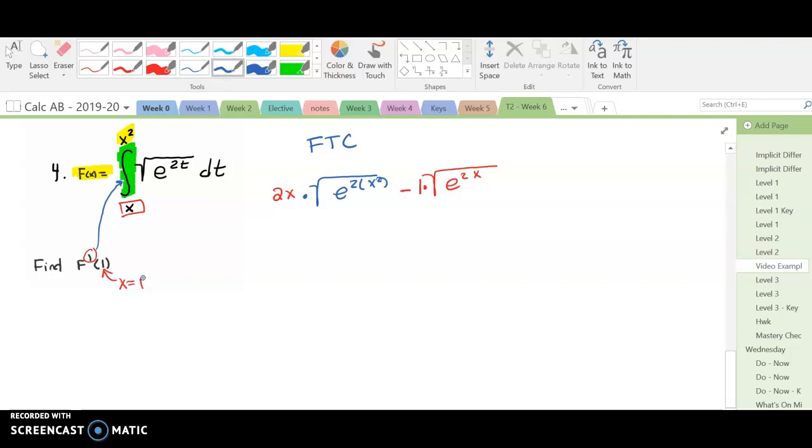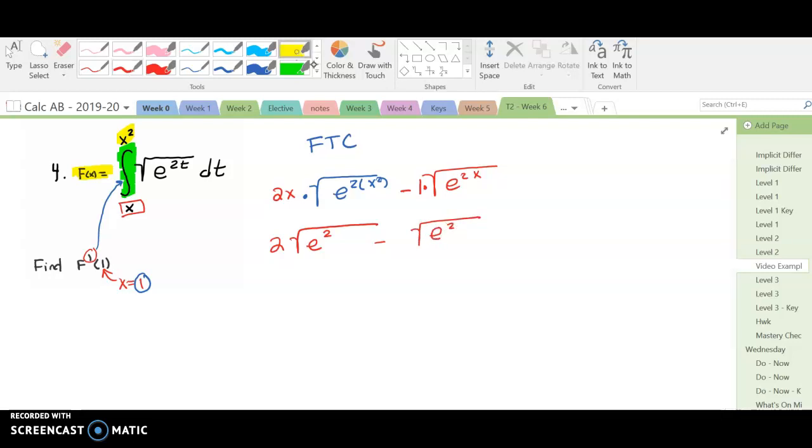And then because they said when x equals 1, anywhere there's an x, I'm going to substitute a 1. So when I do, I have 2 square root of e squared minus square root of e